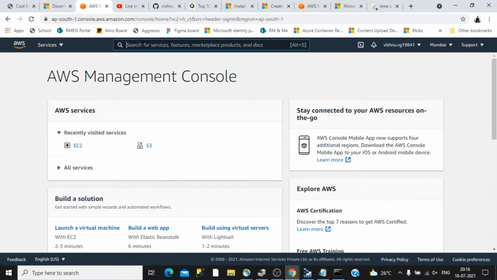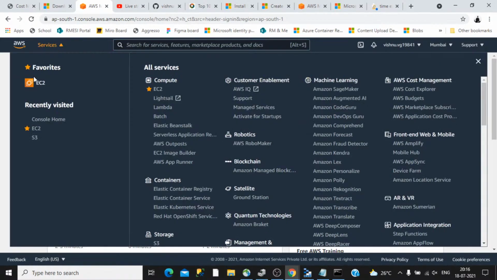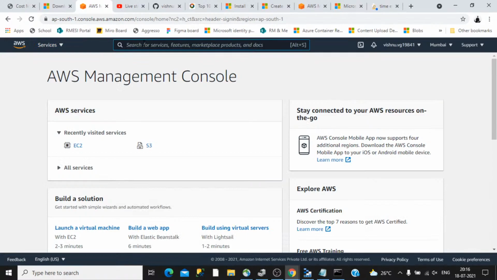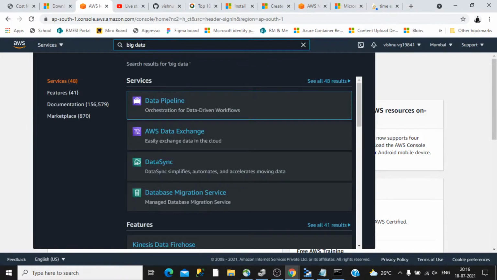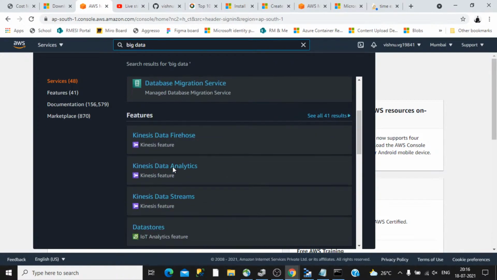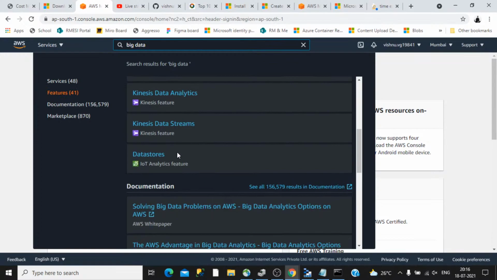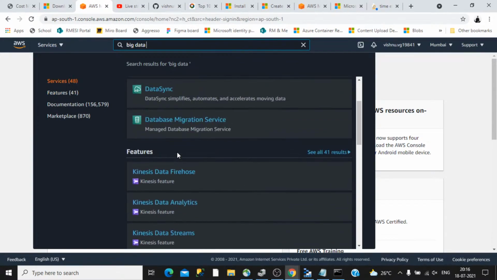Also, in case you don't have any services bookmarked in favorites, you can still use this search. That is a very useful and quite fast search that is provided by both Azure as well as Amazon. So let's see, for example, if I want to spin up some big data related thing, I can click here, and it will automatically show all the associated services that are part of big data. Based on the search capability, it may not show exactly equal, but you can still use it.